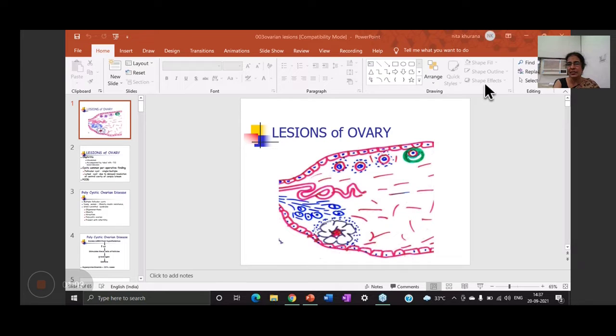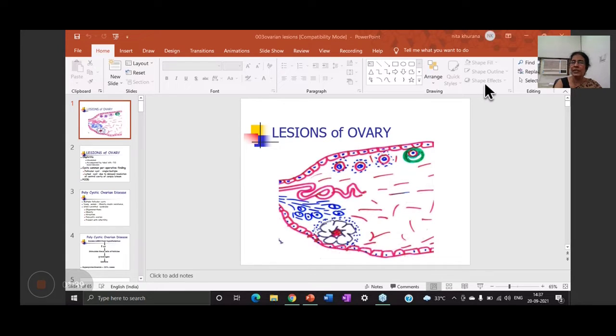Fine. So these are the things which we are generally concerned about. We will come back to this structure of the ovary when we discuss the tumors of the ovary also, because the tumors may arise from the surface epithelial cells, they may arise from the germ cells, and they may arise from the sex cord stromal cells of the ovary. So this was just a diagrammatic representation showing you the various cells which are present. Apart from that, you have the blood vessels, you have the stromal cells, which sometimes may also lead to some stromal conditions.